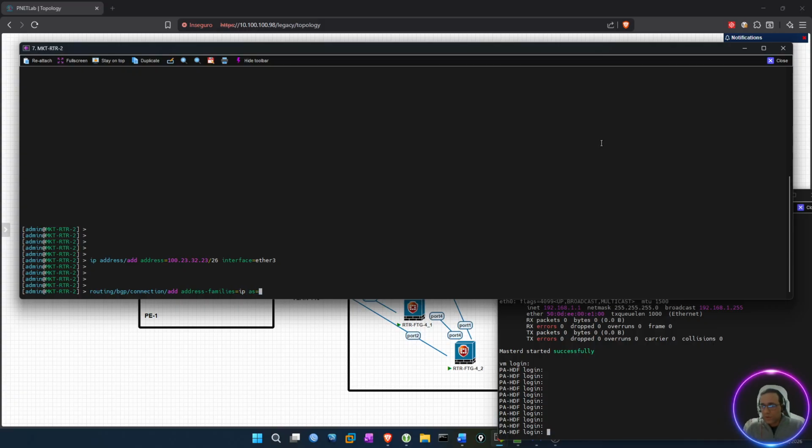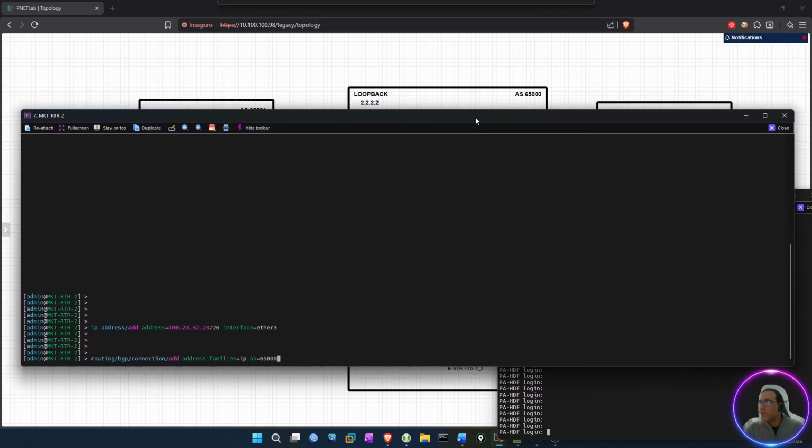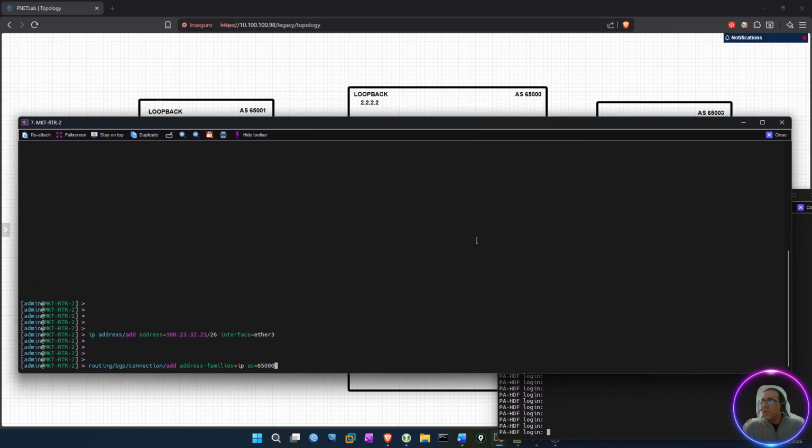The autonomous system will be the 65000, as you can see in here. We are going to insert a comment, and we are going to say that it connects to BGP provider edge 2